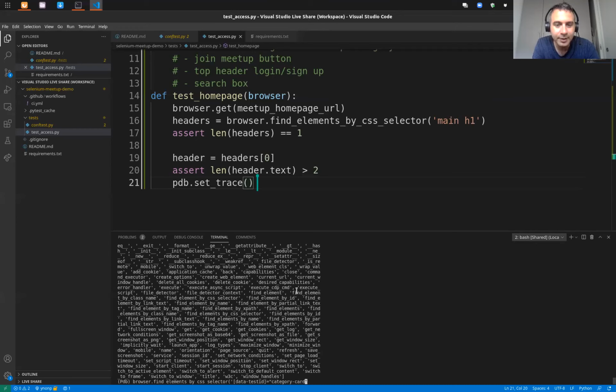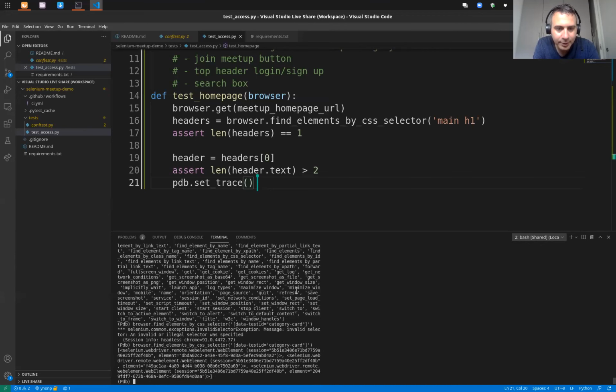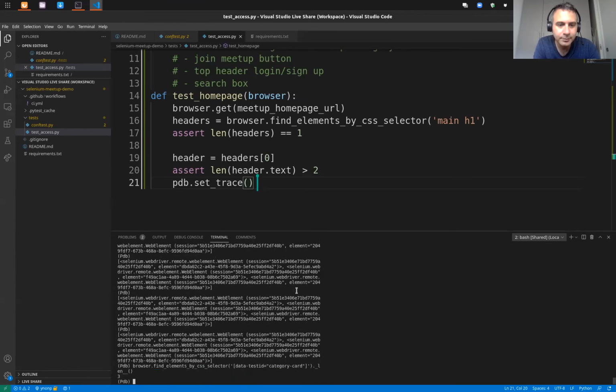And if there is a typo, then you don't type their typo, and it's very hard to find the bug. Okay. An invalid or illegal selector was specified. Okay, got it. Find elements. Length. We have 3. That makes sense.